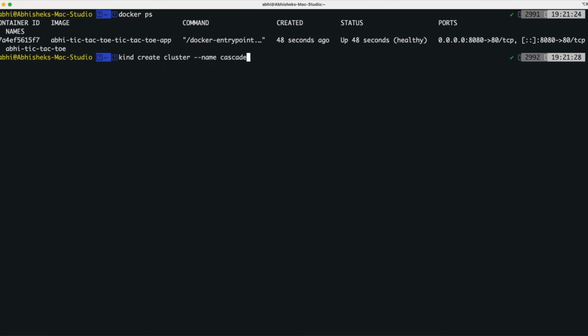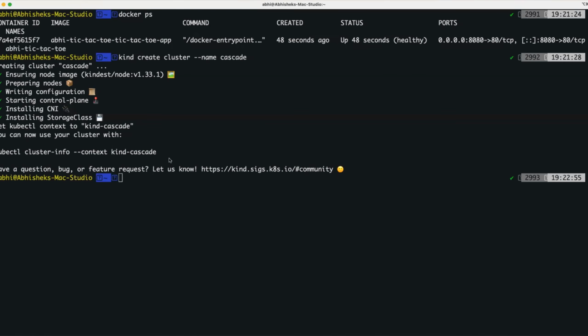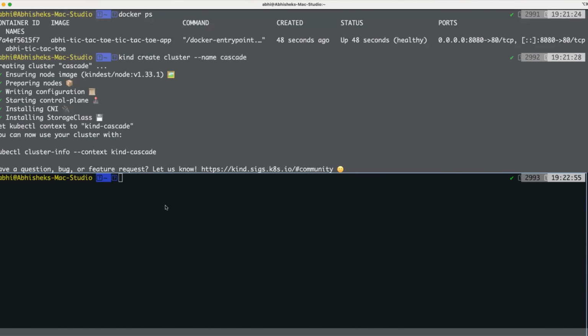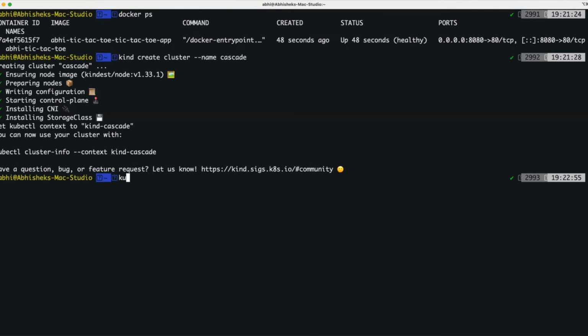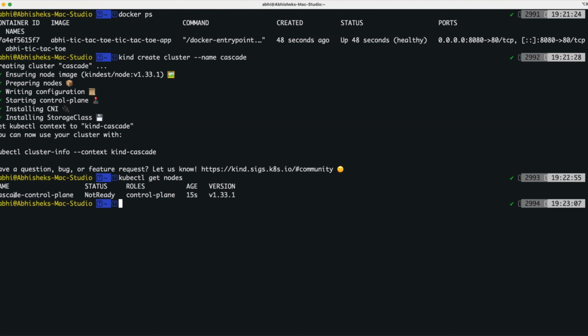In fact, I can do the same thing through Cascade as well. I can ask it to find the kind executable and create this cluster. Anyways, so I have the cluster. I have kubectl as well. If I just run kubectl get nodes,